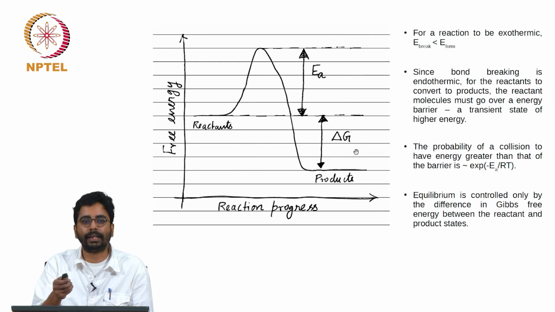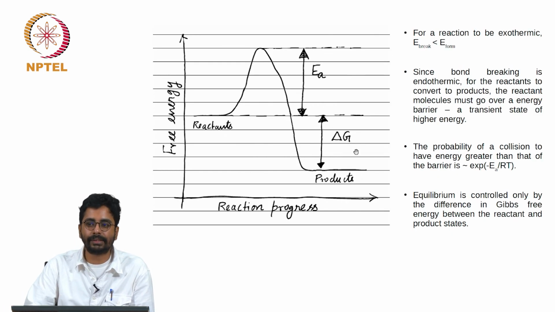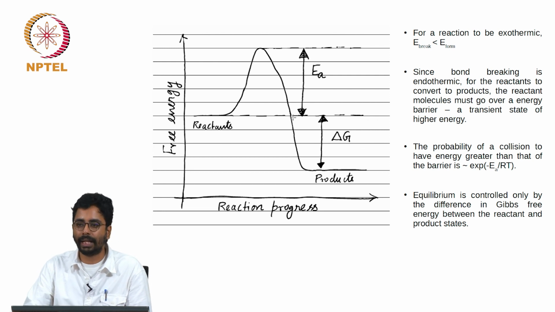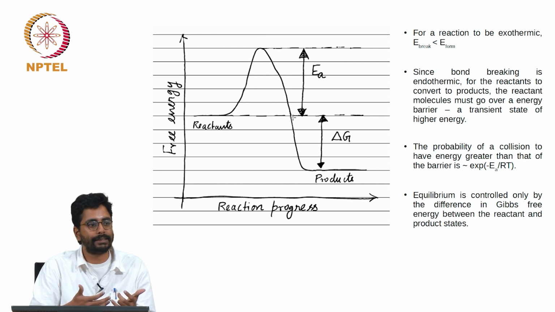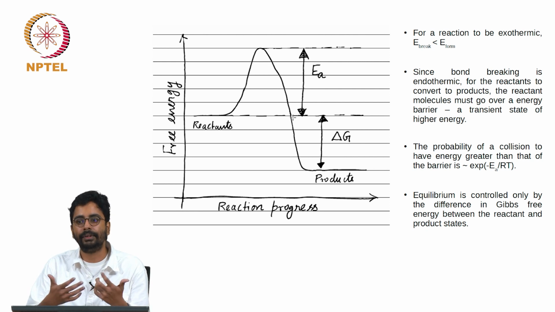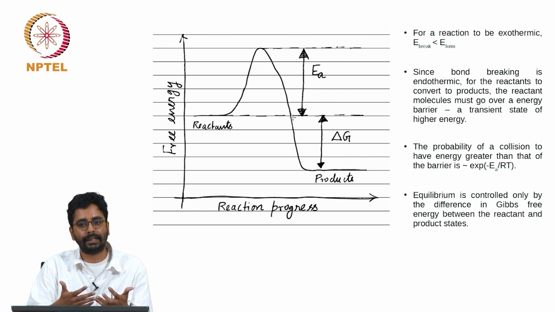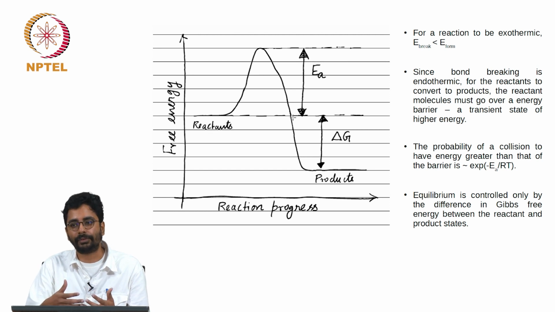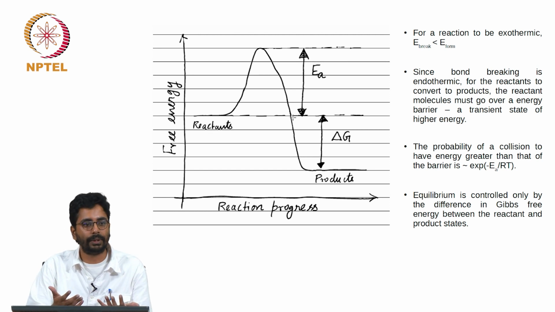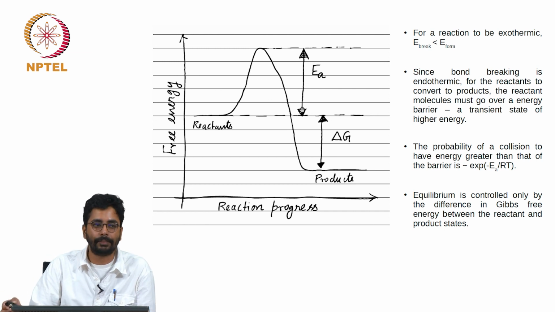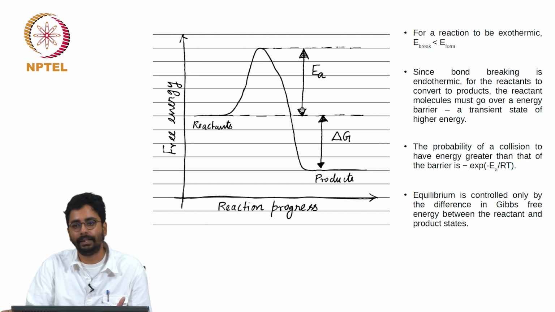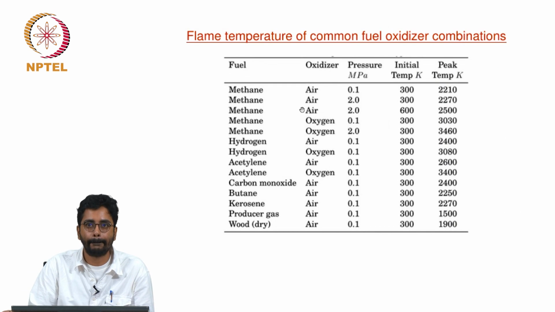I just want to mention that you need ignition systems to cross this energy barrier, but we also have hypergolic combinations. Okay. So what happens in hypergolic combinations is that when the fuel and the oxidizer are brought into contact, there are certain energetic condensed phase reactions that can start immediately. They have zero activation energy, and those reactions can start spontaneously, raising the temperature for the rest of the oxidizer and fuel to get converted into products. So the hypergolic combinations do not require ignition because of that. But every other combination requires ignition.